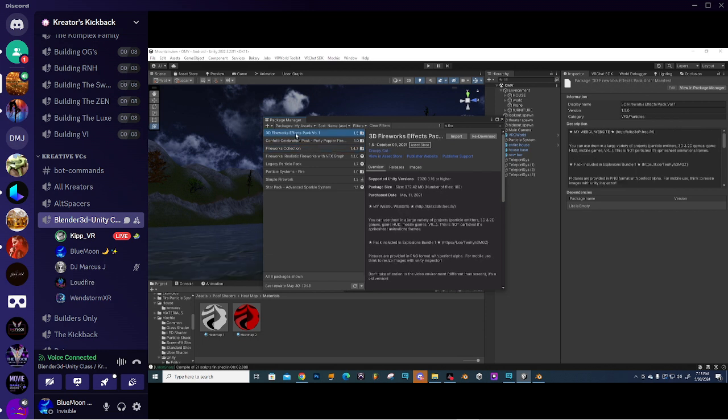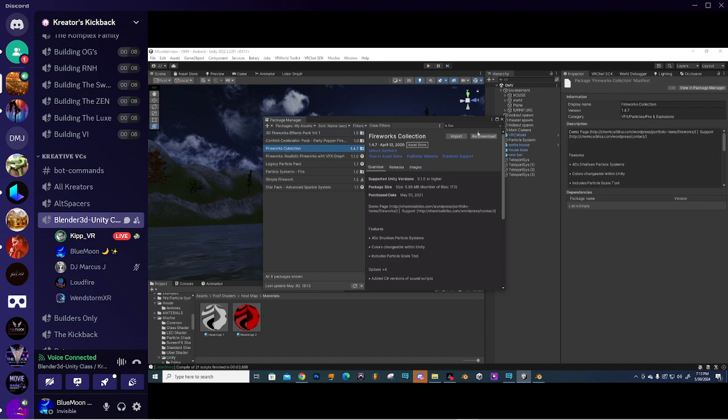Sweet. Fireworks pack. Let's do fireworks collection. We can import this stuff. And now all of those toggles. Now we have game object toggles that I taught you in one of the last classes of how to put water in the faucet. It's the same script, but you will put that script